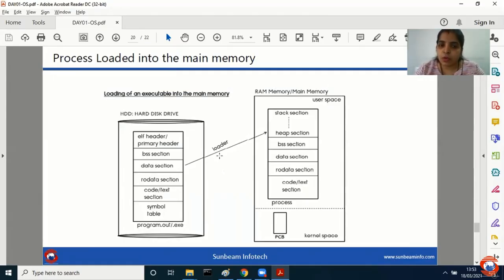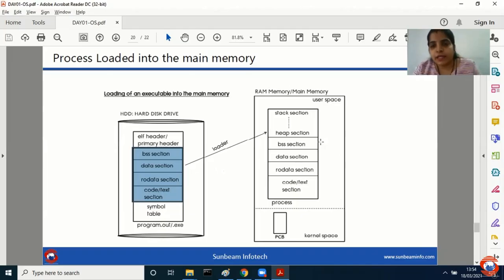Now this is loaded into the main memory, जहां पे मेरे पास BSS section रहेगा, data section रहेगा, RO data section रहेगा, code section रहेगा. Because variable का symbol table already memory has been allocated. Header information से already your header के information से ही उसने data को load किया. These sections remain as it is when you are moving from hard disk drive to the main memory.